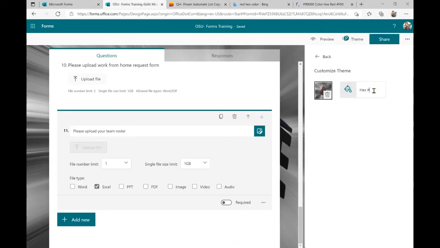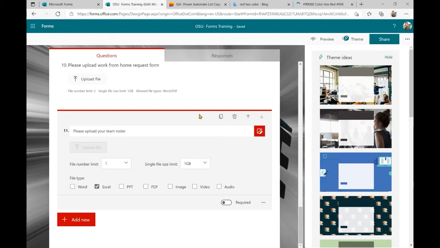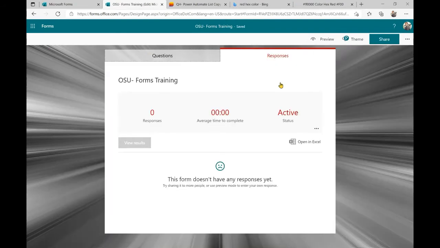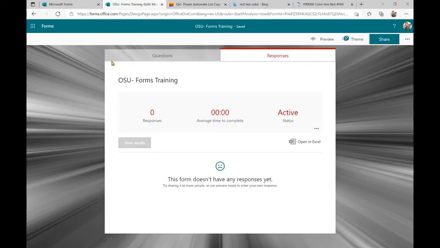And we'll put that color code in there. And now we've got this nice accent red. And as you can see, it does go across the entire theme, including for your responses too.